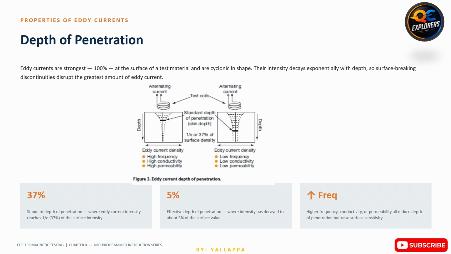Selecting the correct inspection frequency is therefore one of the most important decisions an inspector makes. If the frequency is too high, deeper flaws may not be detected. If it is too low, sensitivity to small surface cracks may decrease. Understanding these principles allows inspectors to optimize inspection settings based on the material, component thickness, and expected defect type. Next, we'll explore how different material properties and component geometry influence eddy current behavior and inspection